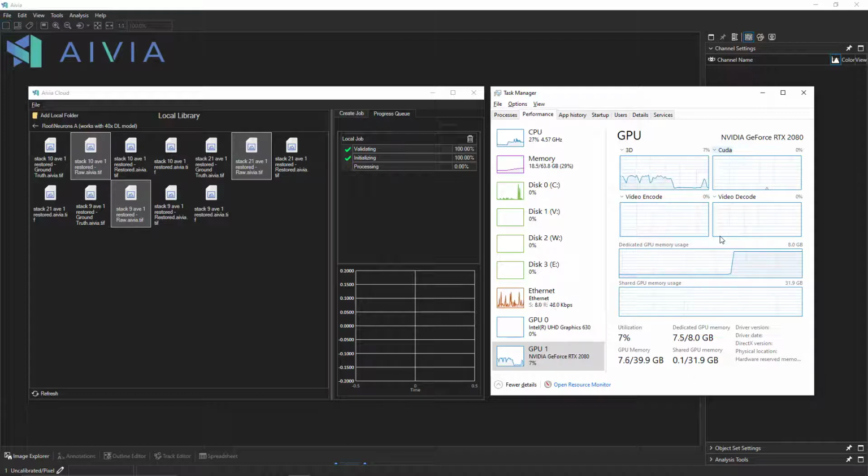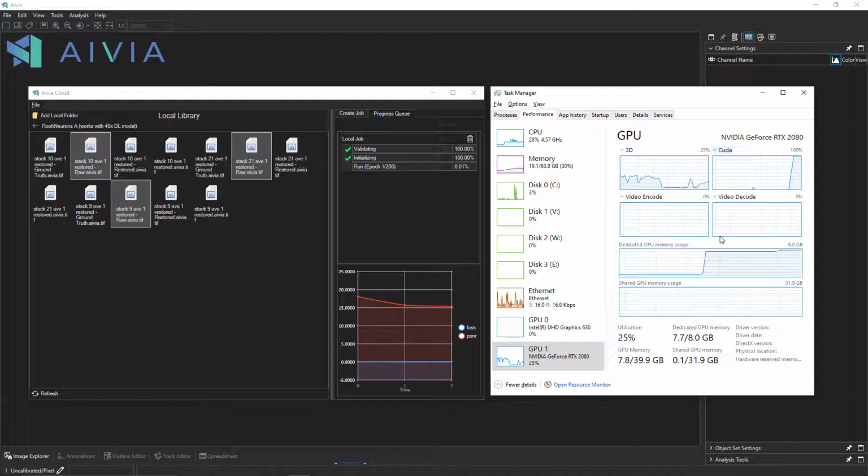Then we initialize all the libraries that are required to train a deep learning model, and finally initiate the training itself. You can see in the task manager, CUDA is now active at 100%. Also, the dedicated GPU memory is being utilized almost 100% by this application. And now in Aivia Cloud, you see the live update of the chart, as well as the run, which is now in the first epoch, not yet completed the first epoch. So this will now go on for a while,